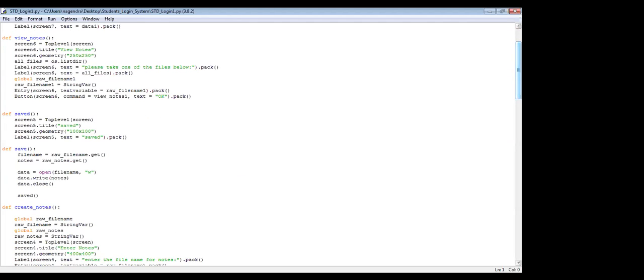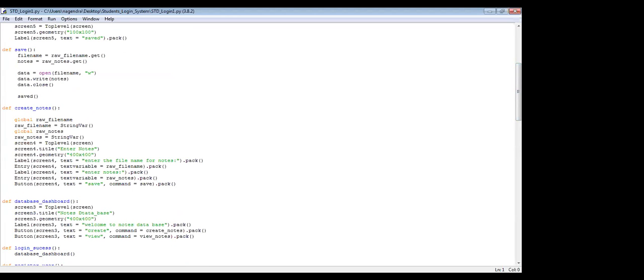So here we have seen till this point, the nodes are created, and to save we went to the save command, right?